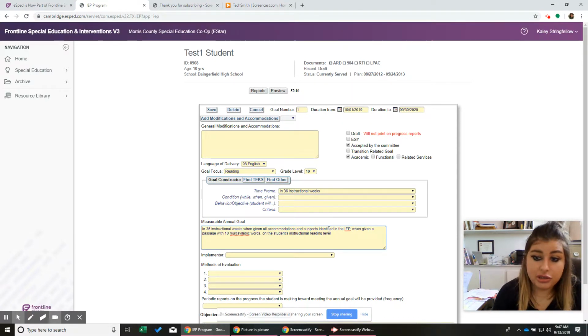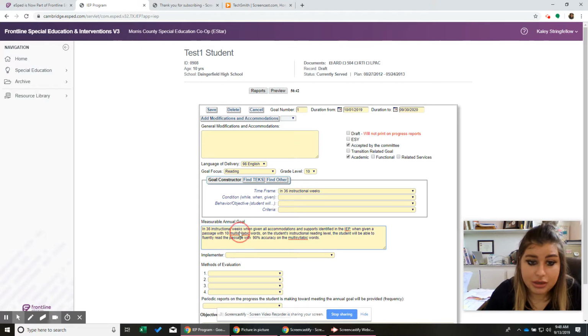So on the instructional level, so you're sitting right there, the student will be able to correctly, or let's say fluently, read the passage with 90% accuracy on the multisyllabic words. So you're focused on, I know I butchered those.